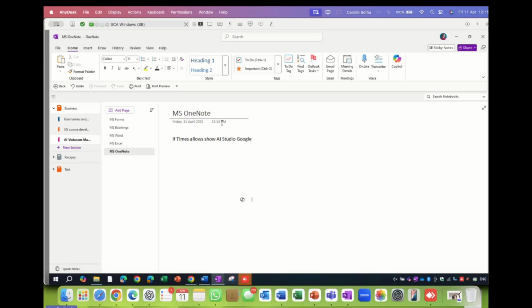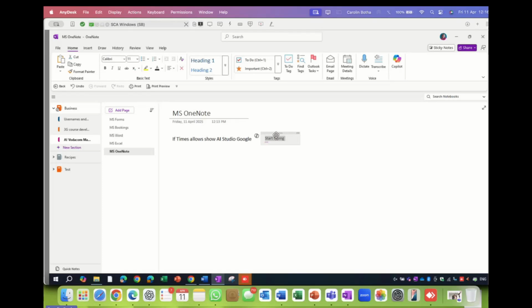So there's OneNote, on my page, Microsoft OneNote. Please don't get confused. In my section, AI Masterclasses of Vodacom. So let me just click anywhere on this page, OneNote. Click there, and I start typing, and it makes me a note there as well, just like that. I can move it around. So on this page, it's like a whiteboard or a board on your, what do we used to call it? A clipboard. Big clipboard on my wall, and I can just do sticky notes all over the show.